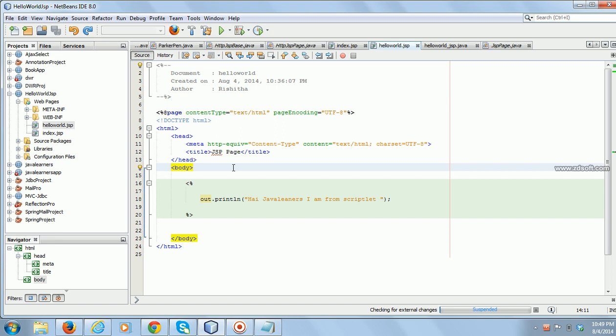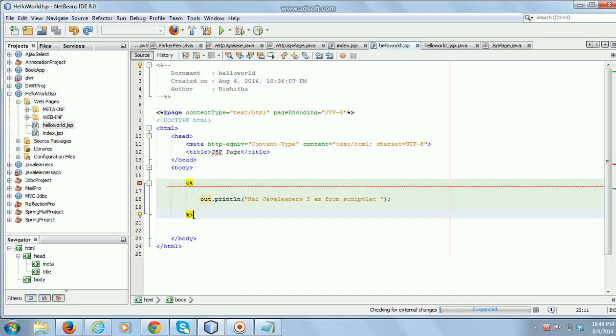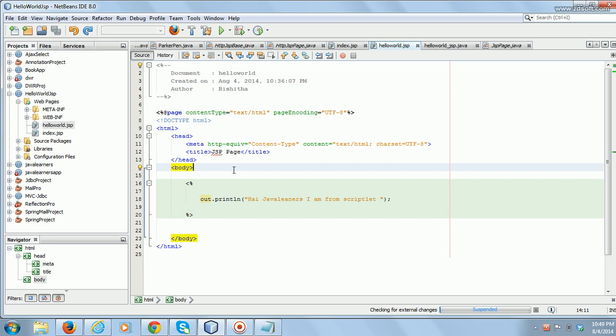During translation phase, if you write anything wrongly, it will fail to generate a .java file, because only if you write properly without any syntax error, this file will be converted into .java file. Then after converting into .java file, it will be converted into .class file. What will that .java file contain? It contains servlet code, right?